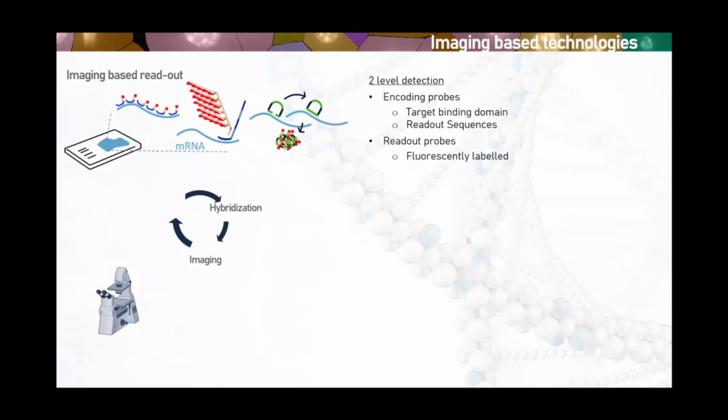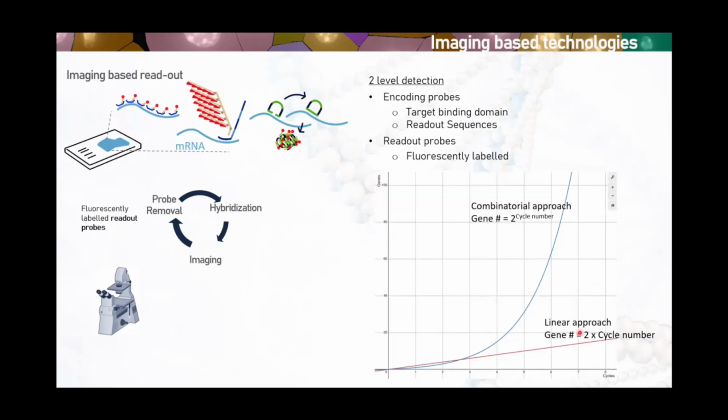After we have done the encoding probe hybridization and the readout probe hybridization, we will go for imaging. If we only do this, we are back to the limitations of a limited number of colors, right? The thing that all the technologies also incorporate is a way to remove these readout probes. So they incubate with one set of readout probes for a subset of the genes, you take an image, and then you remove these readout probes, and then you start again a second round of hybridization for another set